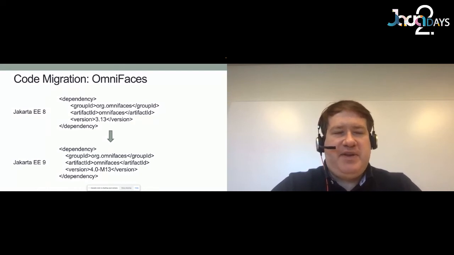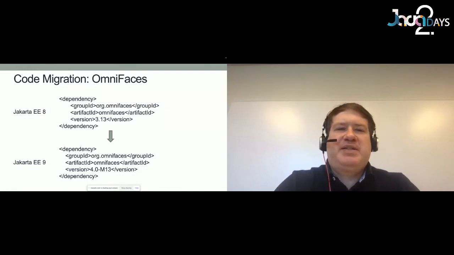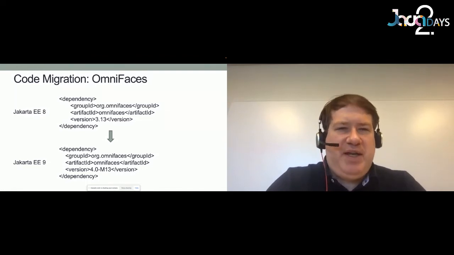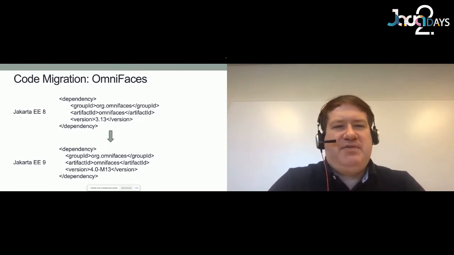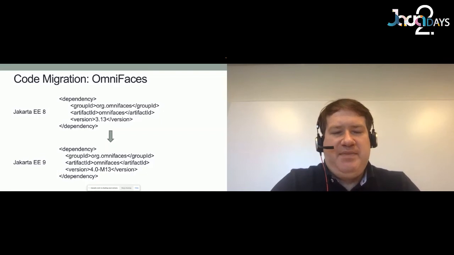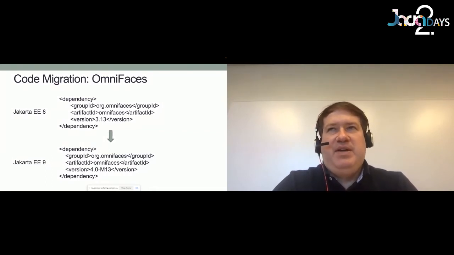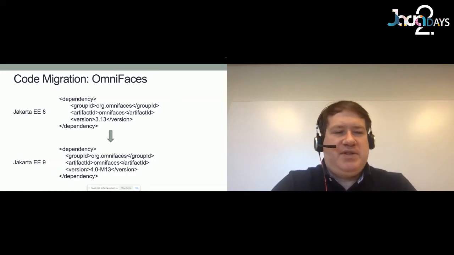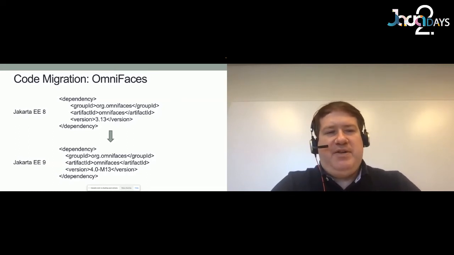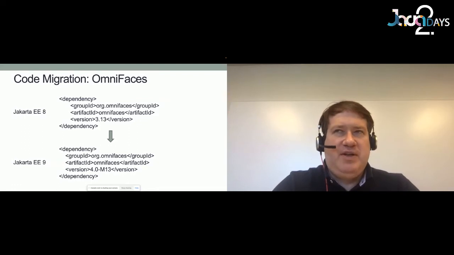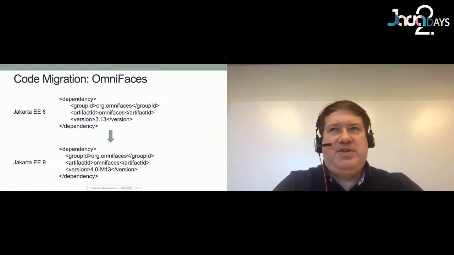So we've now seen, I think, 3 or 4 different approaches for how to deal with dependencies. And that's what makes this kind of tricky as you're looking at your application, because you're going to have to go through your dependencies and figure out, okay, what is the equivalent? Is it available on Jakarta EE9? And then, what are the coordinates for it? Depending upon how old your application is, and the last time you updated dependencies, there might be some additional transition that you have to go through. So if you're still on PrimeFaces 5 and you have to move to the most recent version for Jakarta EE9, they have code changes in there.